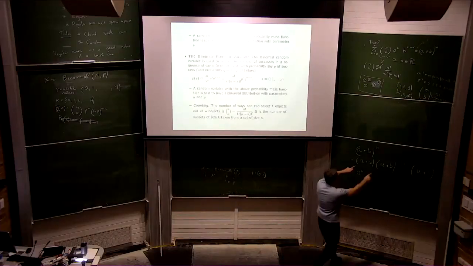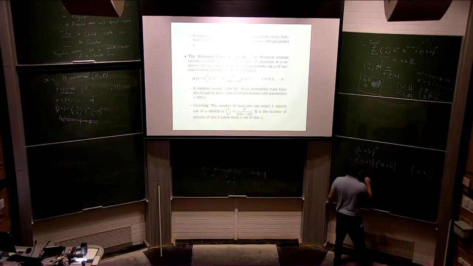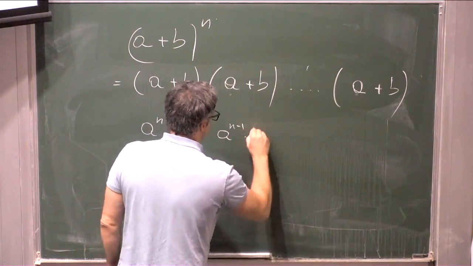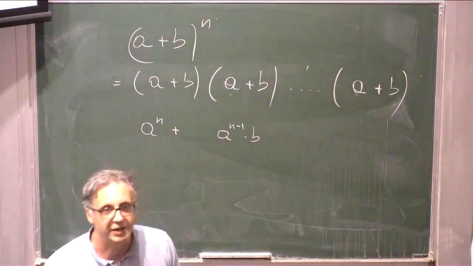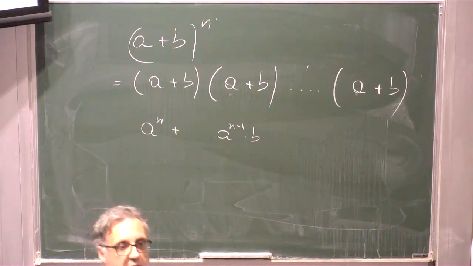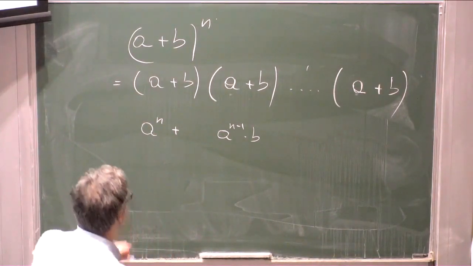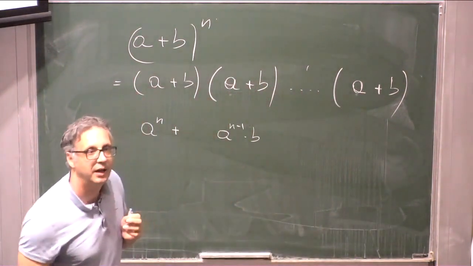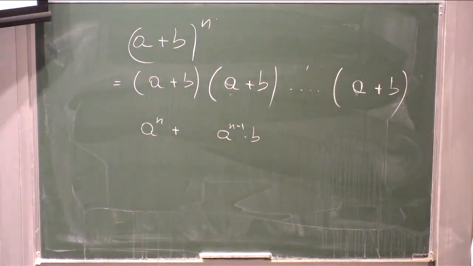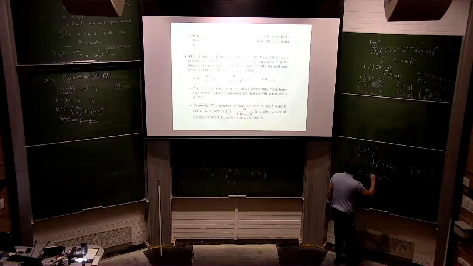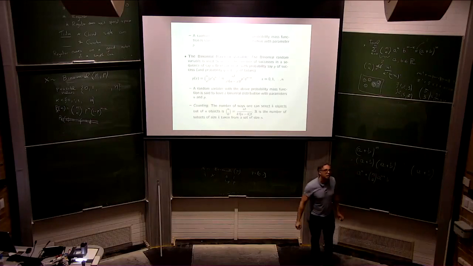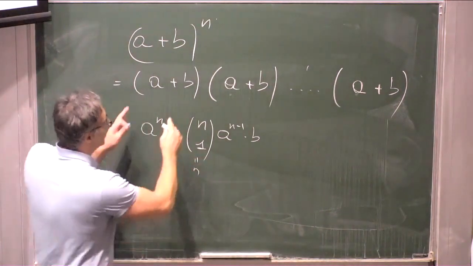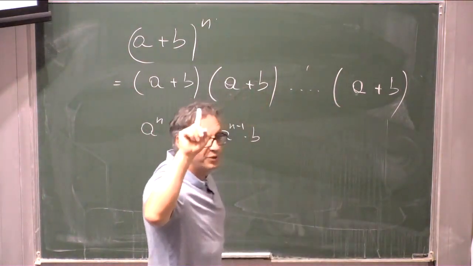When I multiply these a's, or a to the power n minus 1 times b, if there is one b involved in the product. In how many ways can I choose a b? I just have to choose one of these brackets to sacrifice, like choose a b, all the rest is a. In how many ways can I do that? n ways. Look, by coincidence n choose 1 is equal to n. Or if you want, you have n objects, you have to choose one object,